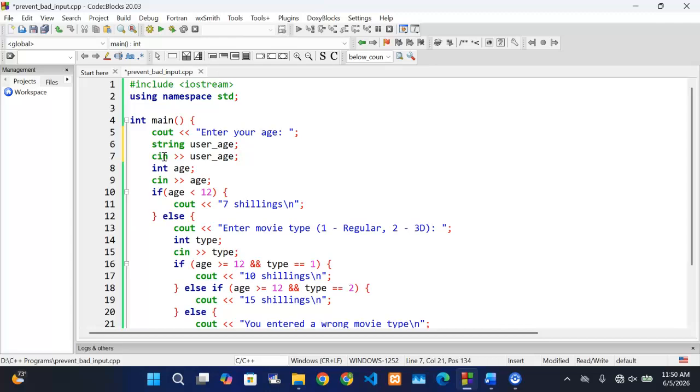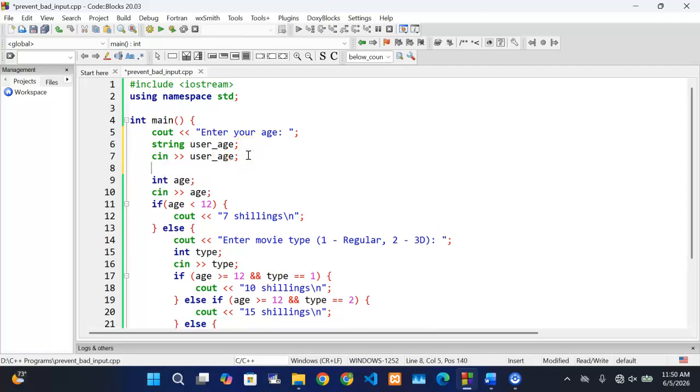You see, string will not give you any problem. So in this case, this cin object will not fail. You get my point? And then after doing that, what do you do next? You just do this. You say